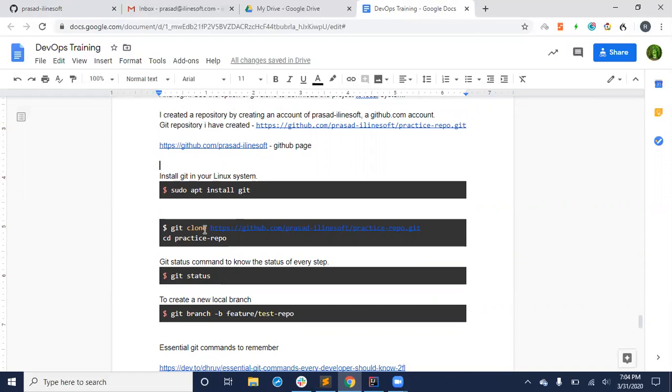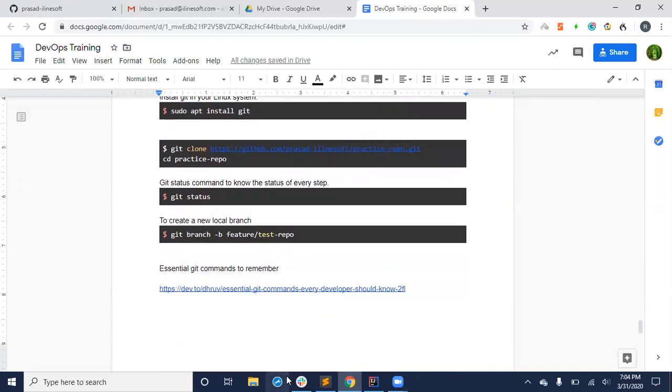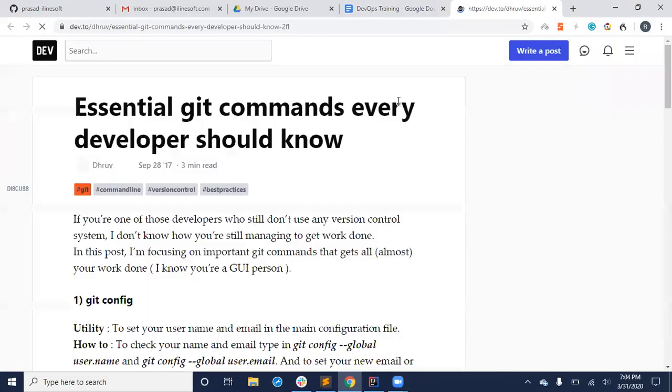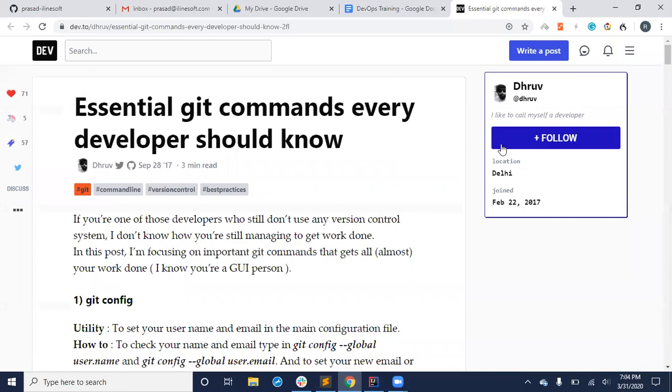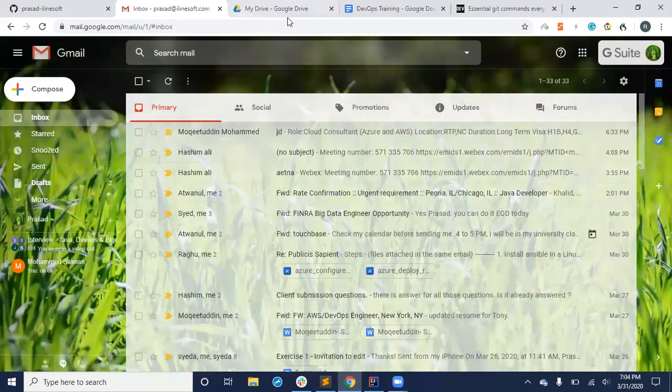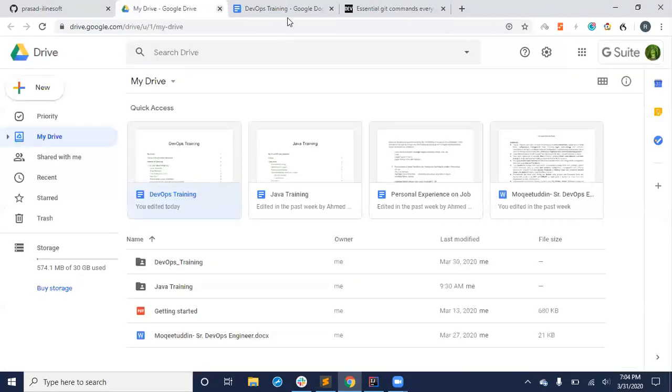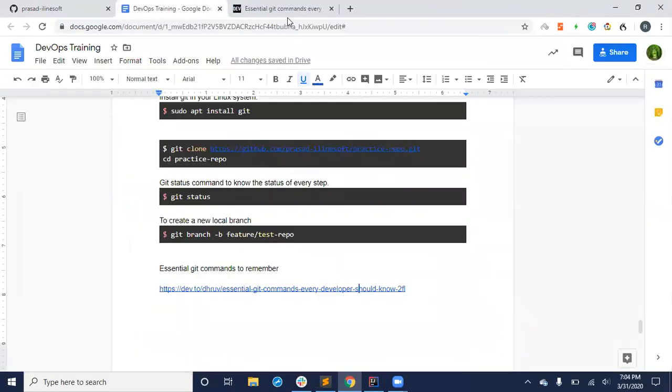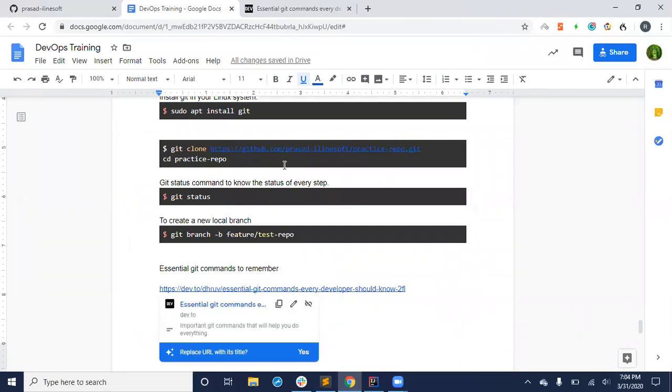To do some changes, let's see some very specific Git commands. I'm just opening from the same notes. This site, whichever I mentioned, is very nice.